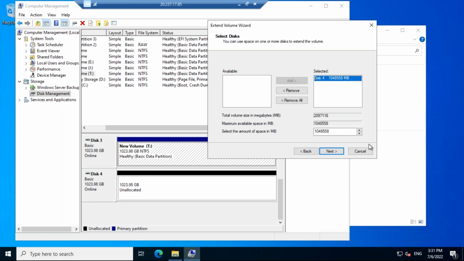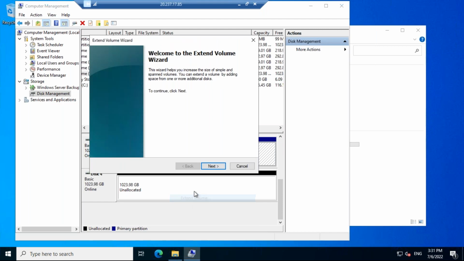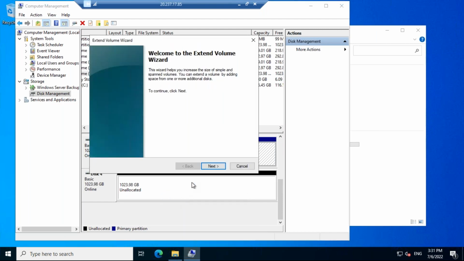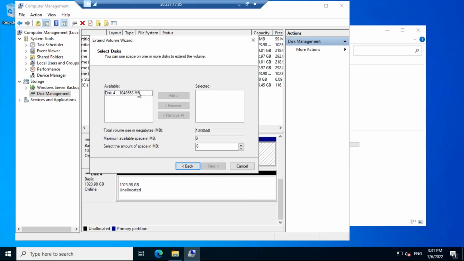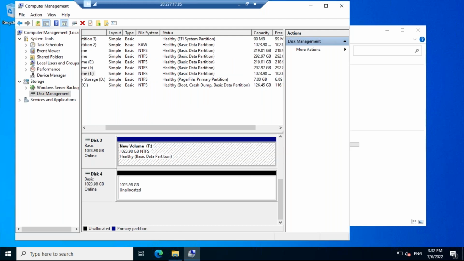Click on add. I'll repeat again. I am extending T drive by right clicking on this, extend volume. Next, and here choose add, and next, finish. Yes, now you can see that